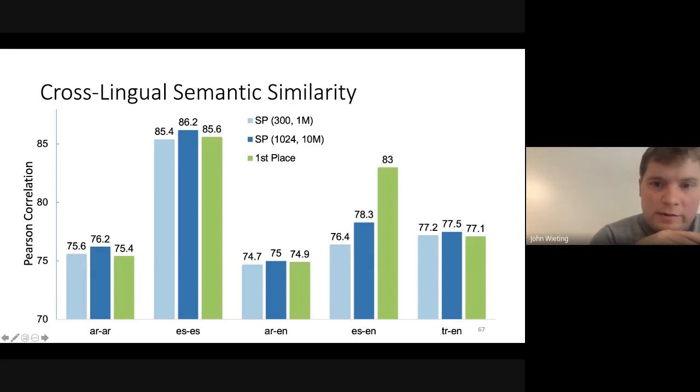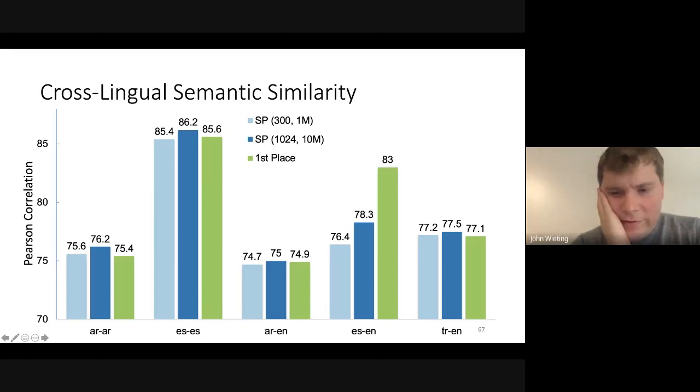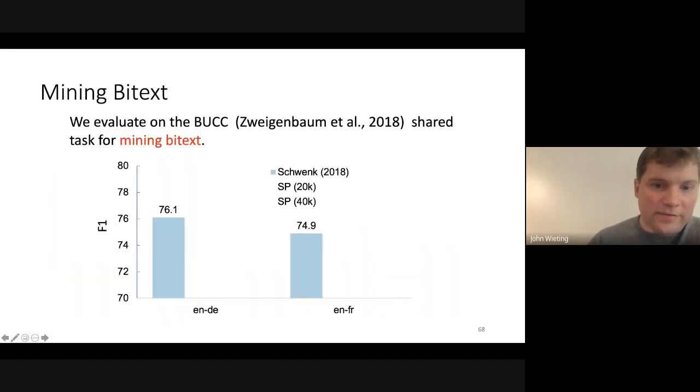So this method works cross-lingually, where if you just get multilingual data, Arabic-English data, and train these models, you get models that are good at Arabic and good at English, as well as cross-lingual similarity, as shown here, like Arabic-English. It's very competitive with the winning systems, except for Spanish-English, where I'm still not entirely sure why that model was so good. But yeah, it's effective.